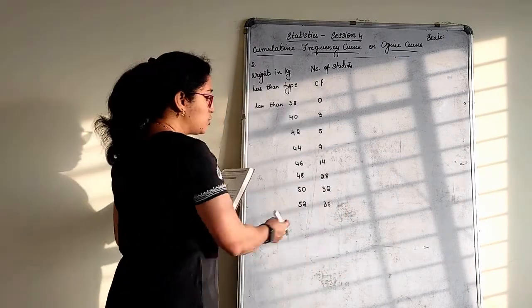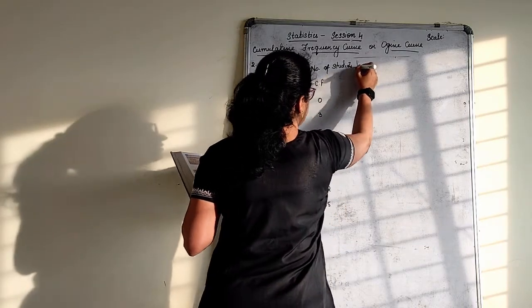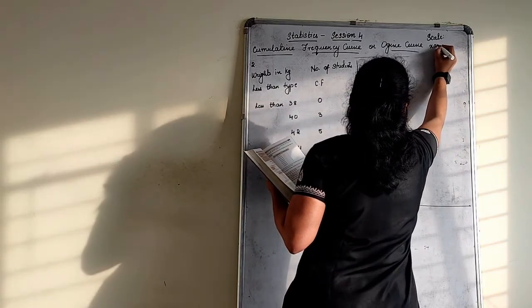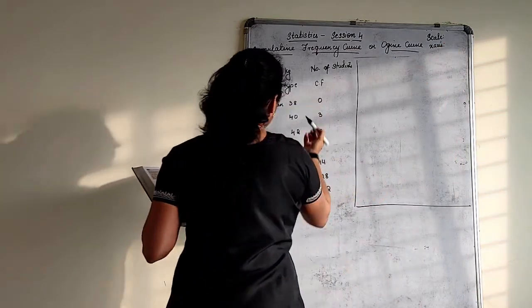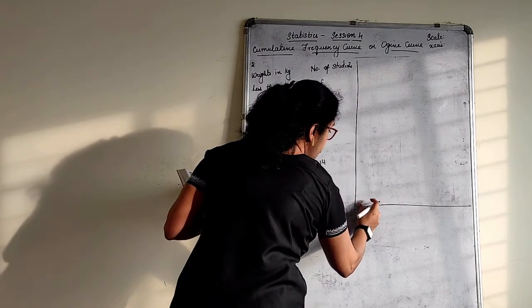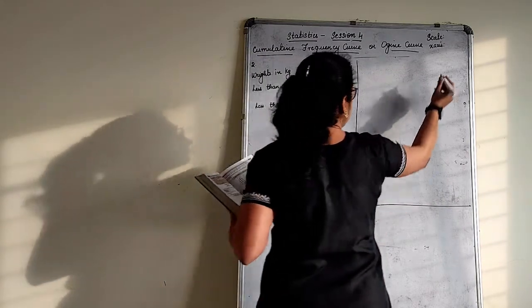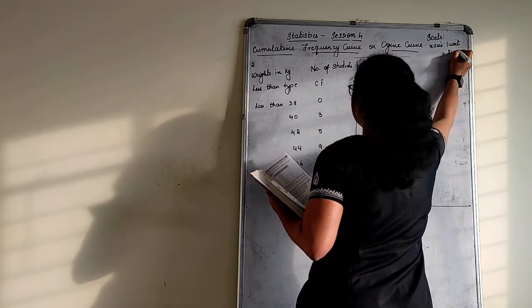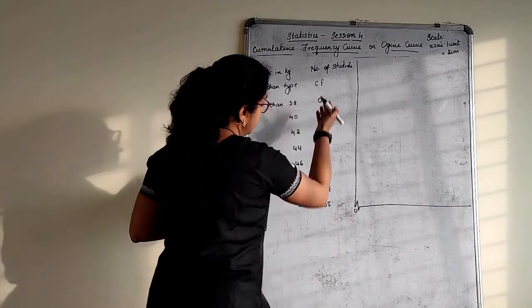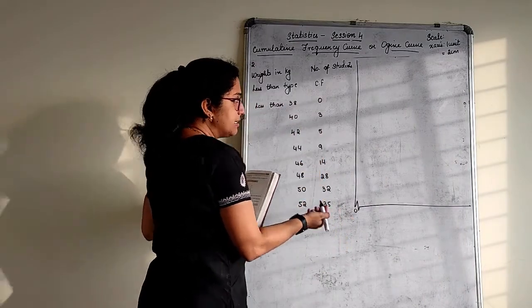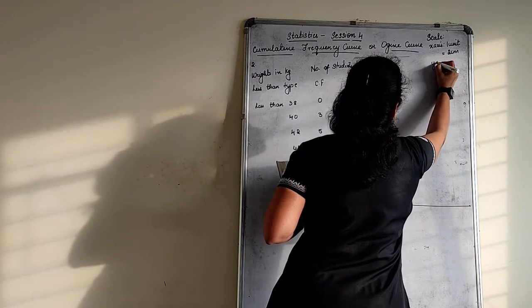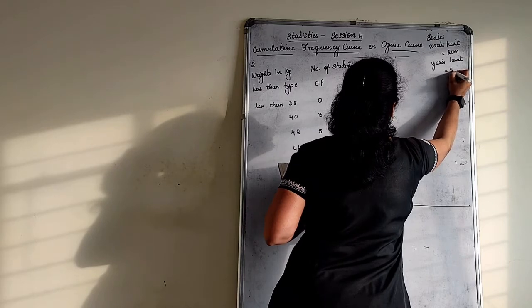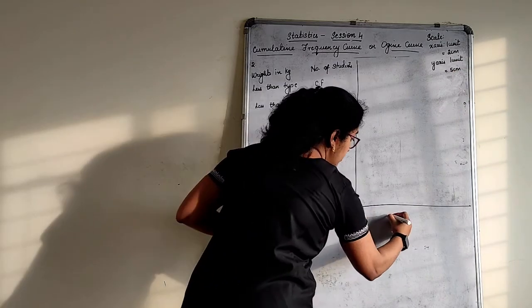Correct? There are 35 students. That is what we have. I think the graph I'll start plotting here only. It will be easy for me. Scale, x-axis. It will start from 38. So 0 to 38, can I give a jag line here? 1 unit is equal to 2 centimeter. And here 5, 10, 15, I think it is still better. Y-axis, 1 unit is equal to 5 centimeter. So this is less than type.